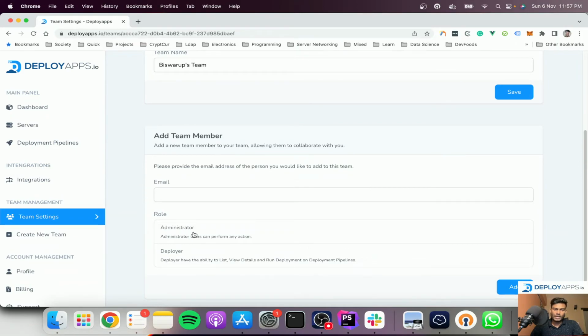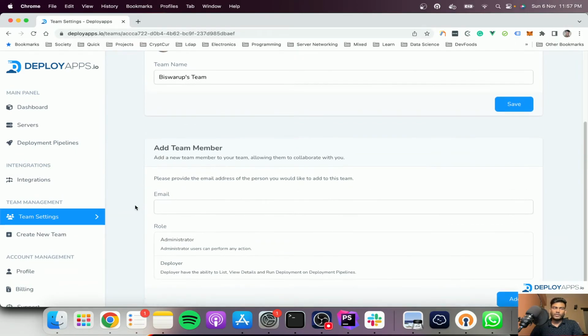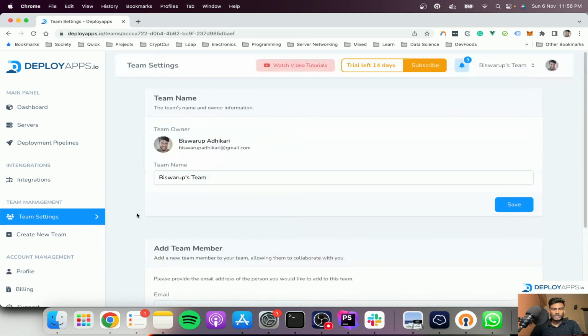If you add them as administrator, they will be able to create server, update pipeline, create pipeline, modify integration. And if you invite your team member as a deployer, they will only have deploy permission. So this is how the team works in